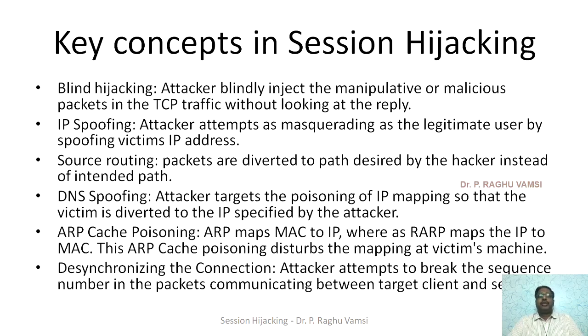Next one is source routing. Basically, routing is discovering the path from the source to the destination. Usually, whenever a packet is transmitted, it may use a network level routing protocol like AODV or DSDV, or maybe any other routing protocol. And this routing protocol will have a particular path. Especially the shortest path will be selected between the source and destination to route the packets.